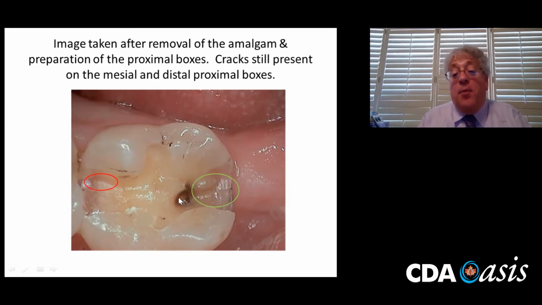And the next step was, how come it occurred? 20-year patient, 20 years, nothing's going on, shallow restorations. And so the discussion started, well, if you've got a crack, there must be some sort of occlusal loading going on that's well in excess of what you would normally be putting on this and other teeth. I think you're grinding. And the patient says, I don't think so. And then it becomes, well, how did this happen?